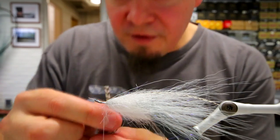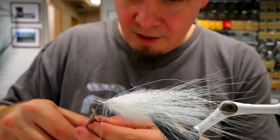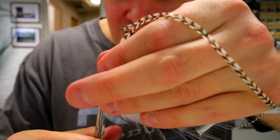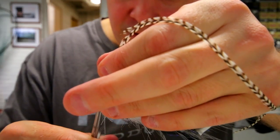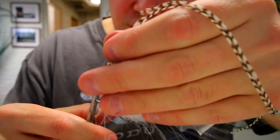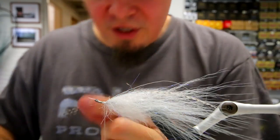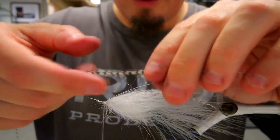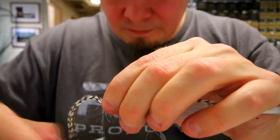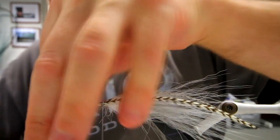So now I have this feather with a not very good looking end here, and basically I'm just going to cut it with the scissors so it again gets that pointy end, like so. And that way you can use one of these saddle feathers numerous times. So there you see, now I have a tapered end, and that I'm going to use on the other side, like that. Like so. Cut this off,